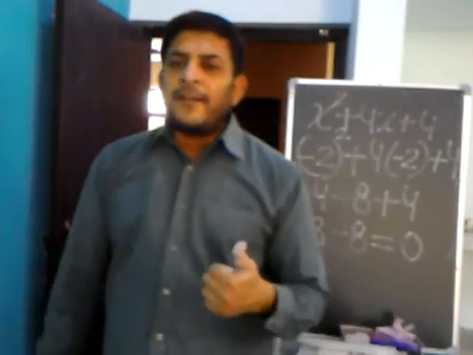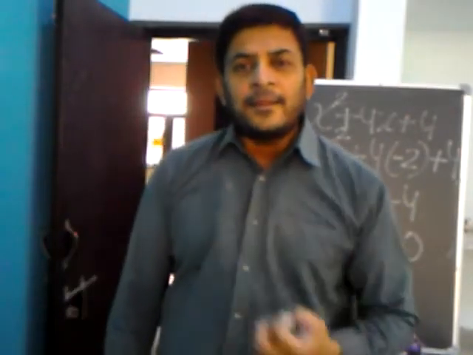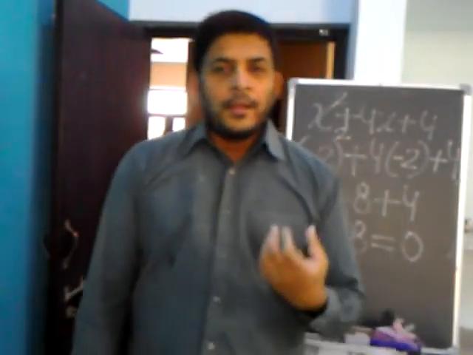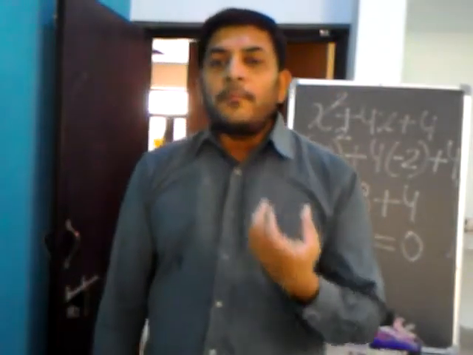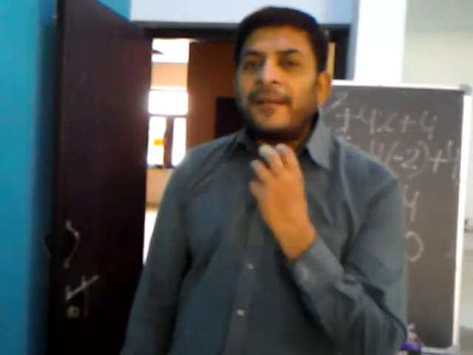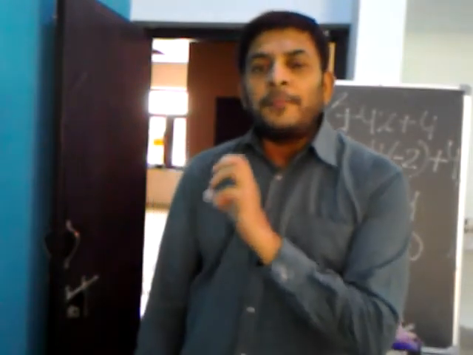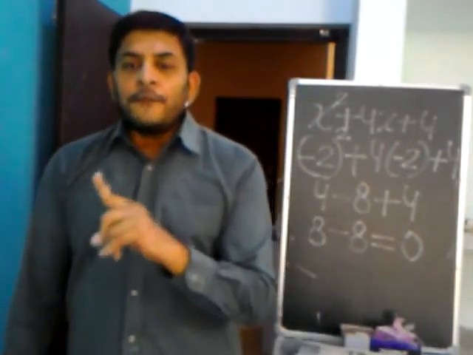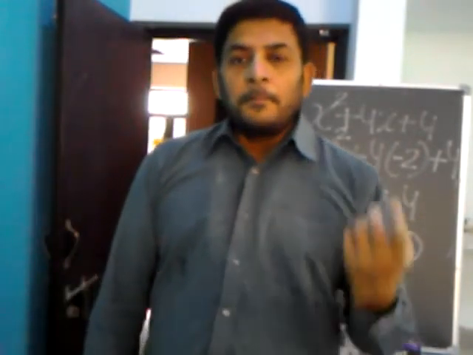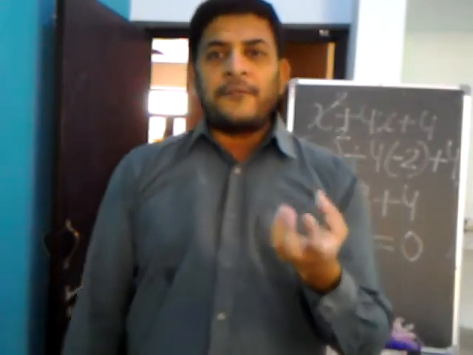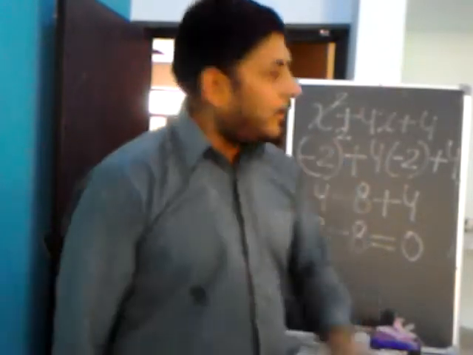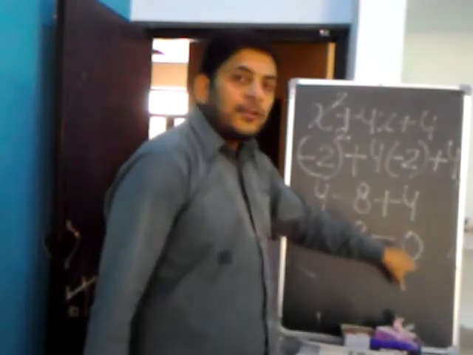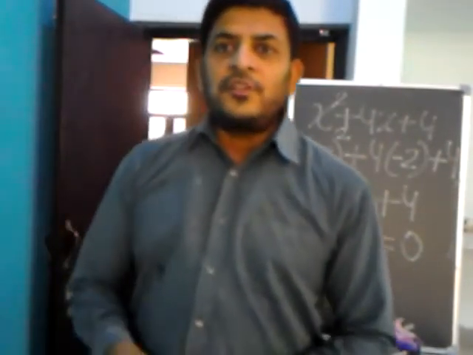Values of a variable can be anything: x, y, z, any letter of the alphabet, and the number can be a negative or positive integer. The value of the variable by which the whole polynomial becomes 0, the total value of the polynomial becomes 0, that value is called a zero, because by putting that value of the particular variable, the total value of the complete polynomial comes to 0.